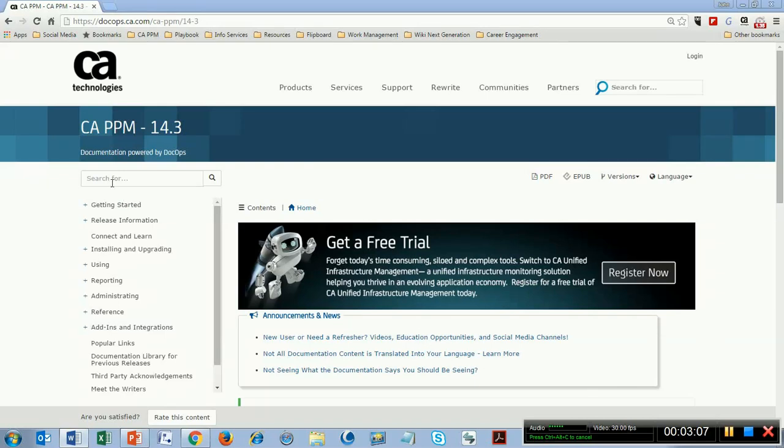Let's take a moment and talk about search. We'll have a new search engine called Inventa. What's nice about Inventa is that it's a natural language search instead of just keyword matches. We're not there yet, and Inventa has not been rolled out, but here you see that with all the work that the PPM writers have done to improve their topic titles, make them meaningful, speak the language of our customers, we are all set. Even now, you see that when a user searches for a particular topic, like portfolios,